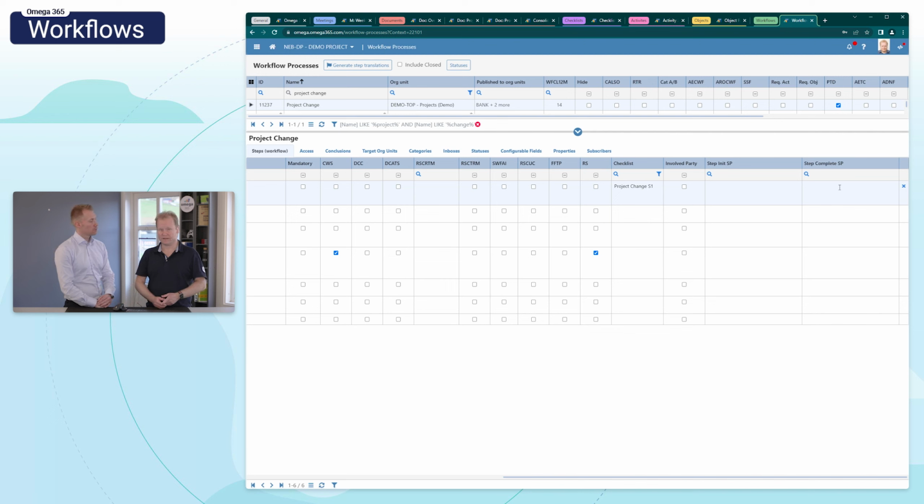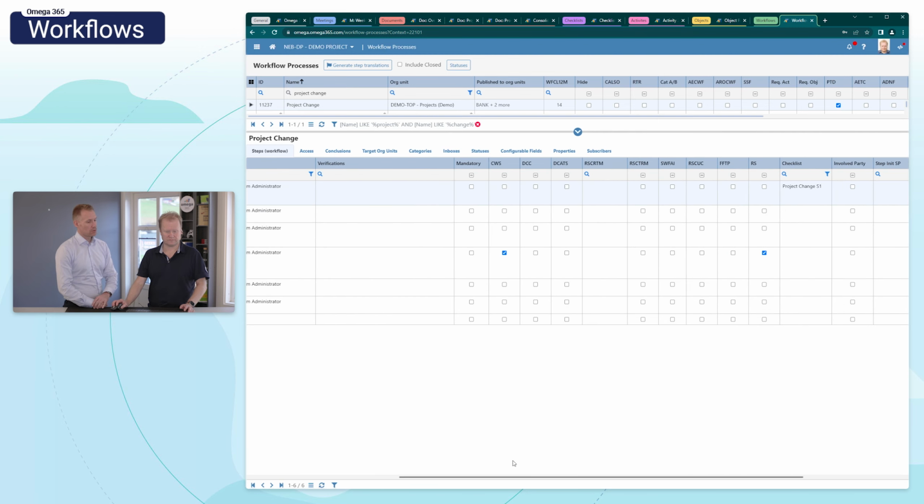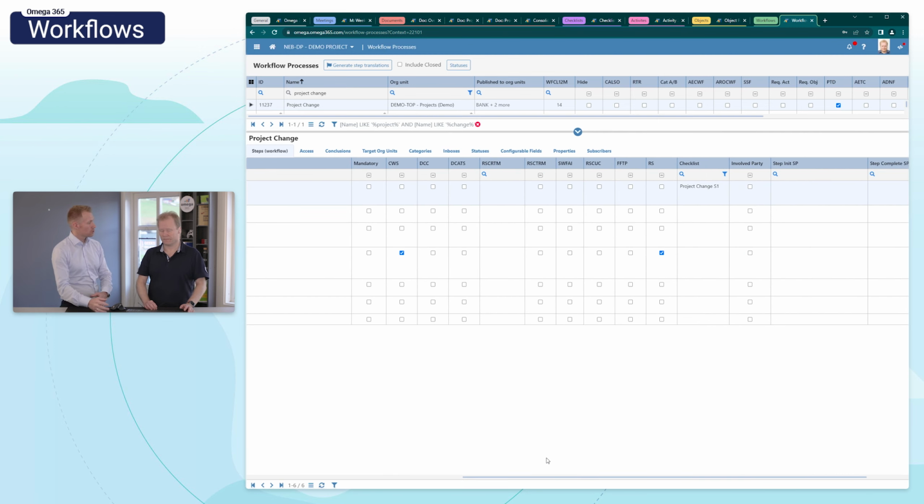So for example, when something has been approved, perhaps something should happen with some of the data, status should be set, etc. Yeah. And you can do this per step. Yes. It's really flexible, and looking forward to see how this can be further developed in some of our customers' solutions. Yes. And this was the most important